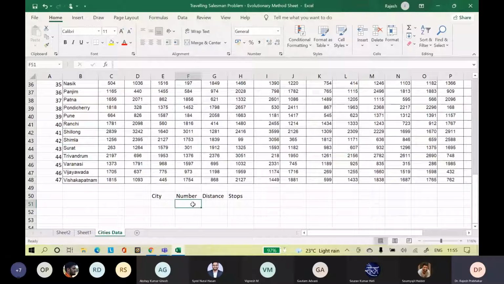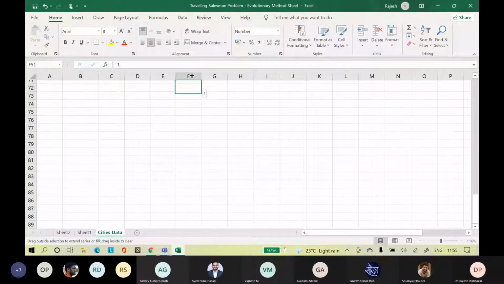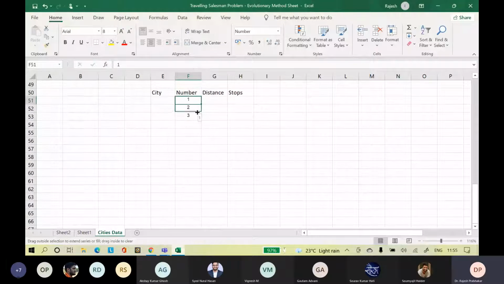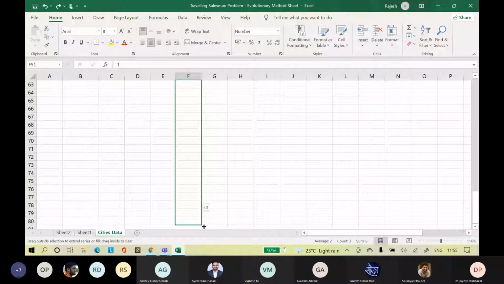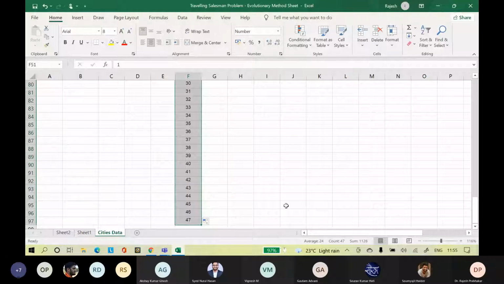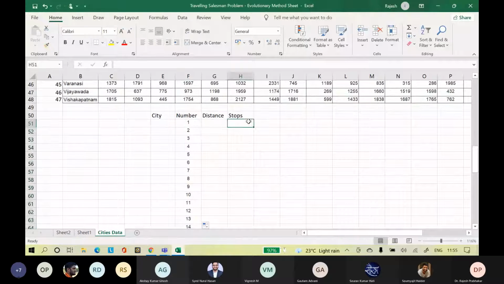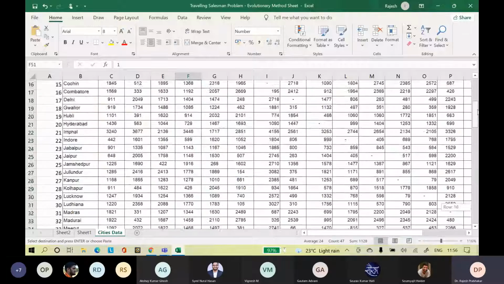And then we will add 1, 2, 3. Select these 3 numbers, drag till 47. Stops also, copy paste the same values, Control C in stops.